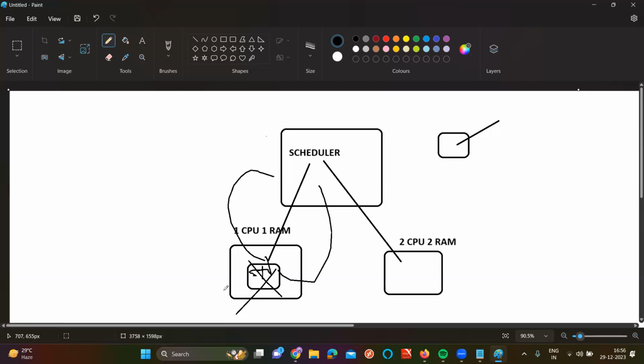And one of the most important things about kubelet is that it is responsible for creating containers on the worker node. How does it create the containers on the worker node? Kubelet will take the image from Docker. It will create a container inside the pod. Is the point clear, sir?